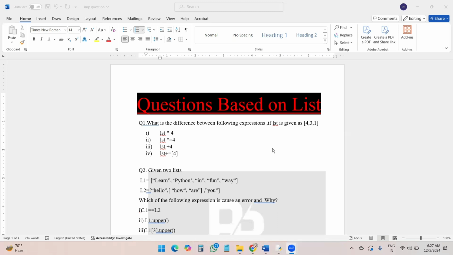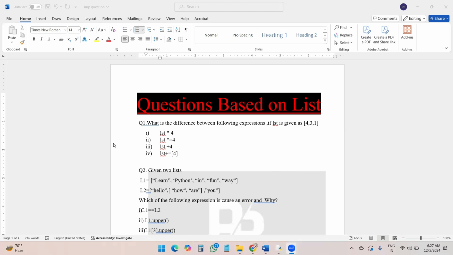Like in our class 11th CBSE exam or class 12th CBSE exam, we have different types of questions from the list, like output based questions, error finding questions, comparison questions. So many different types of questions are there. That's why here is a small question bank for all of you. One by one, we discuss all the questions and then I will show you how we can execute them on IDLE also. Because in the exam, we don't have IDLE, so we have to learn how to solve the questions manually.